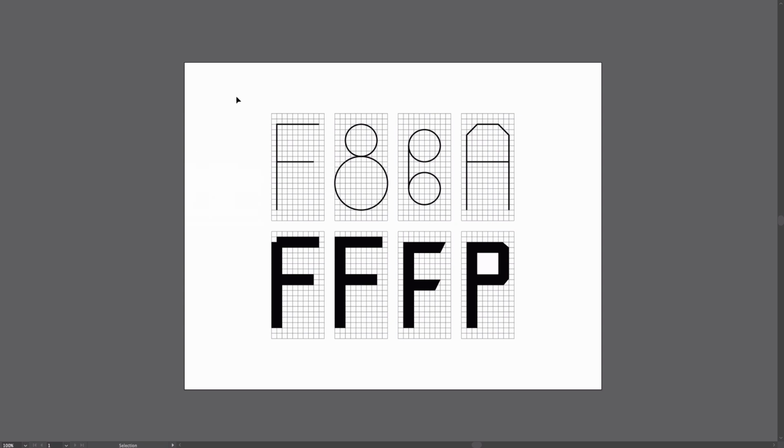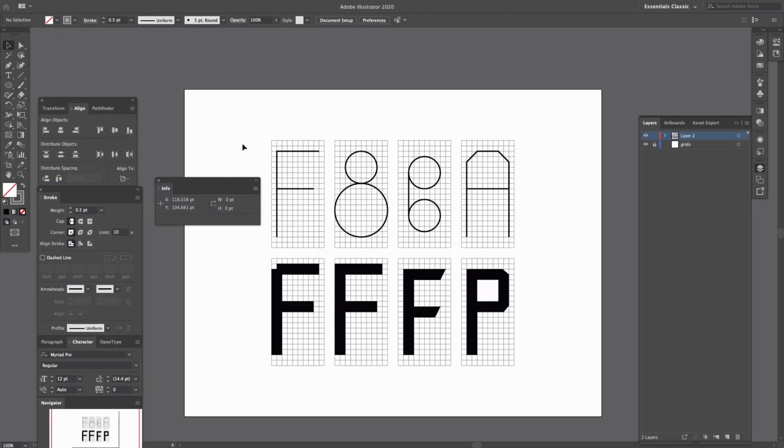To quickly test that, let me bring up the info panel of Illustrator. And here's what I'd like you to see, x and y, as I'm moving my cursor around the screen. I'm going to move my cursor to the top left corner. Then you will see the value of x and y in the info panel is basically 0, 0, right? And then as I'm moving my cursor to the right, you see that the x value increases. Same thing with y,